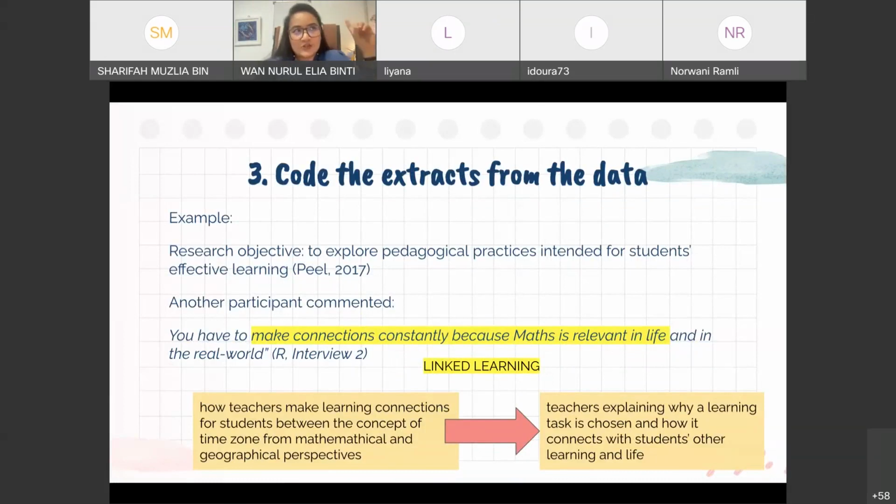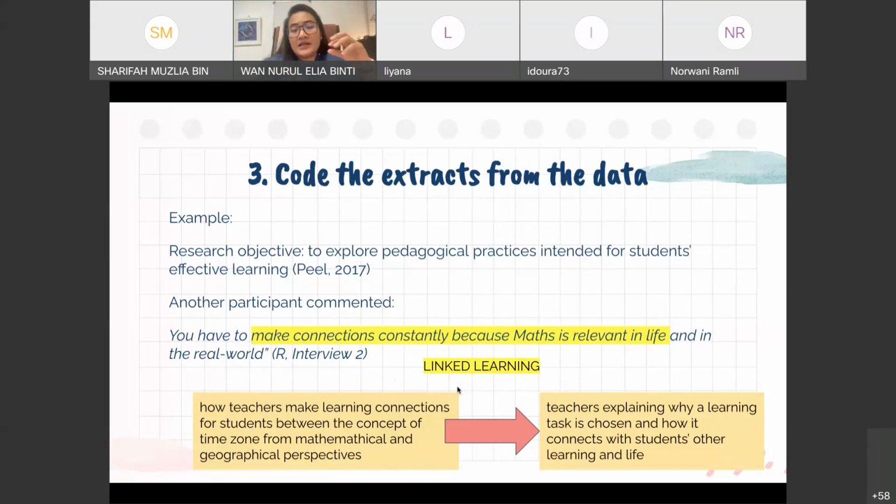So remember the description is when the students feel not threatened, right? So is this safe learning? Obviously, it's not safe learning. So when you look at the description, it doesn't match. When it doesn't match, you need to come up with a new code. So the new code is linked learning. So you label it linked learning. The code could be from your literature, or it could be something that you assign yourself. It doesn't have to be a proper term for it. Linked learning is maybe something that the author comes up with.